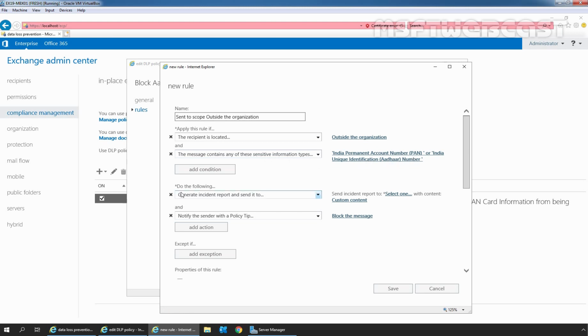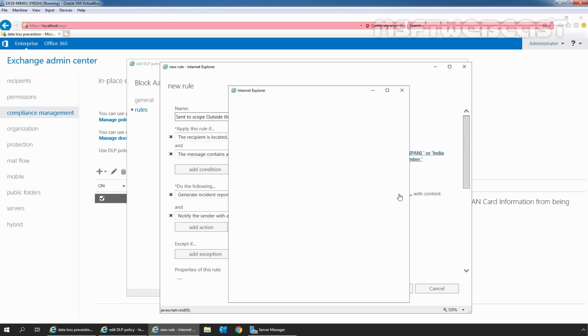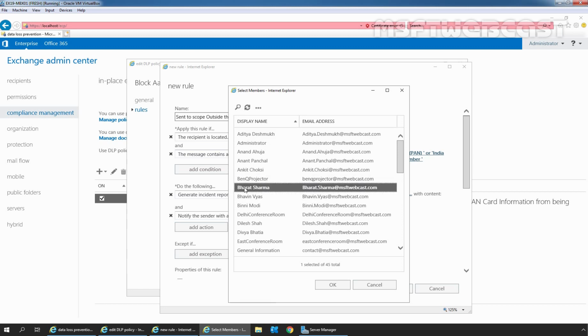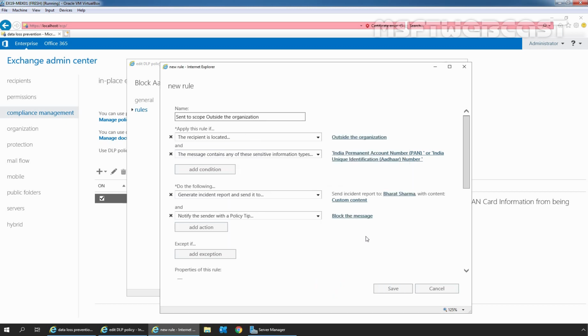And now the action is do the following: generate incident report and send it to. Now to send an incident report, we need to click on this link and select a recipient to get a notification. In this demo, I'm going to select a user Bharat Sharma. Click on OK. And you can also define custom content type.